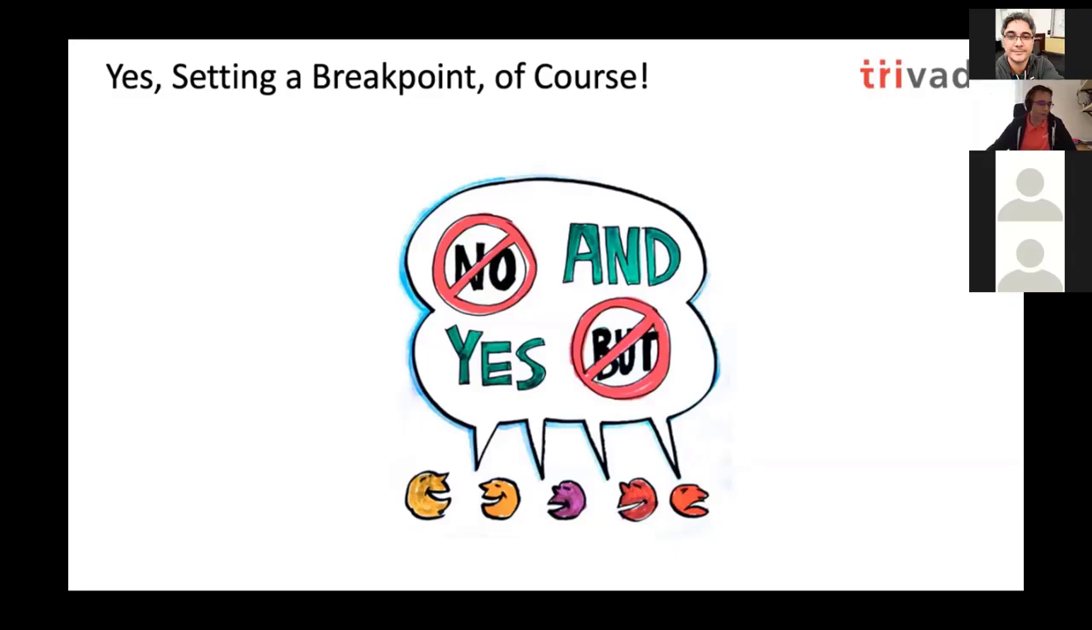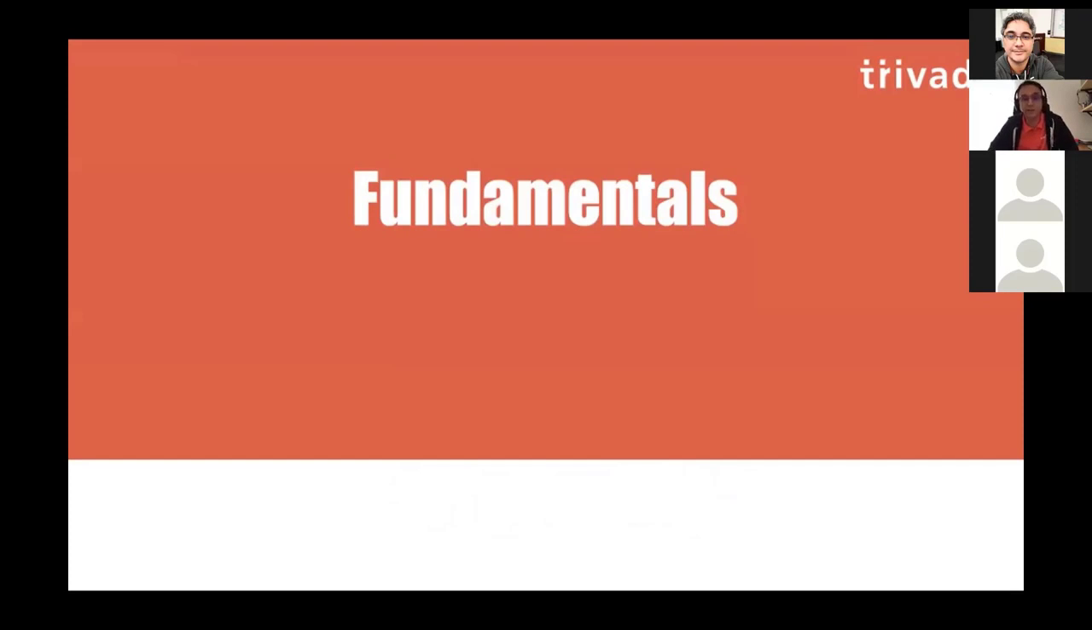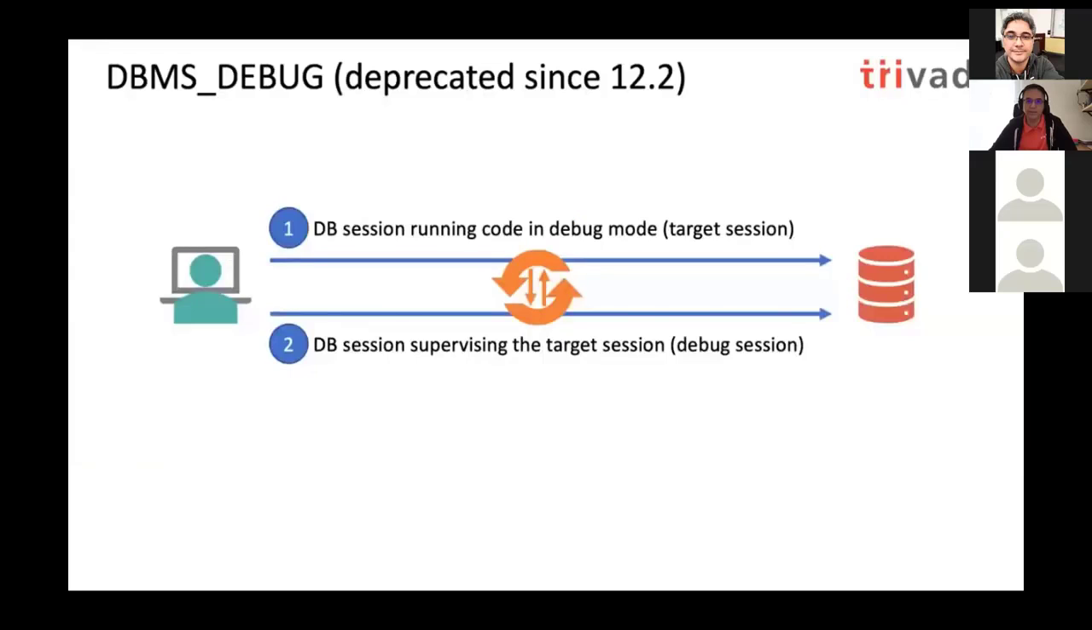So a lot of talk, already spent 8 minutes and nothing really interesting. So the next topic is the fundamentals, because before I start to demo it, I have to explain how DBMS_DEBUG works. It's a rough overview, so not really in detail, but still you have to understand the fundamentals. So the first option, we actually had it since version 8, I think, the package DBMS_DEBUG. It is deprecated since version 12.2, so it means it's still there, it's